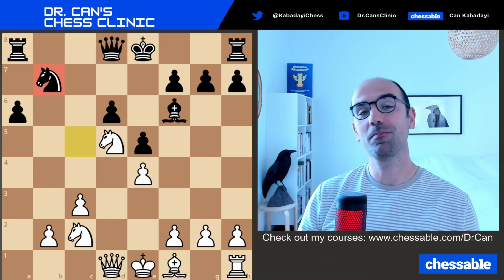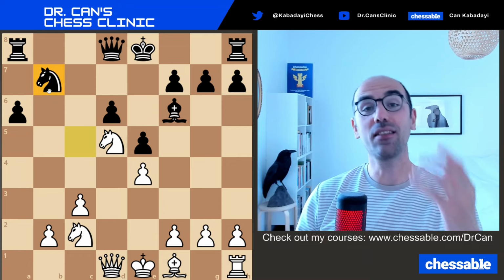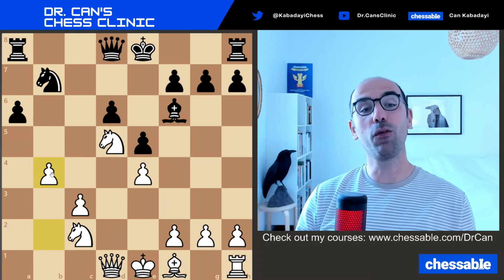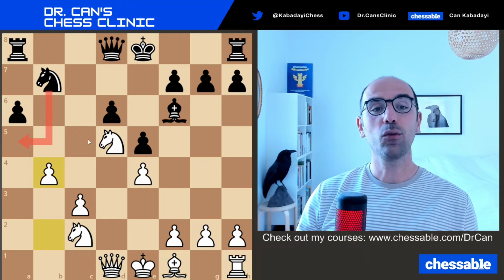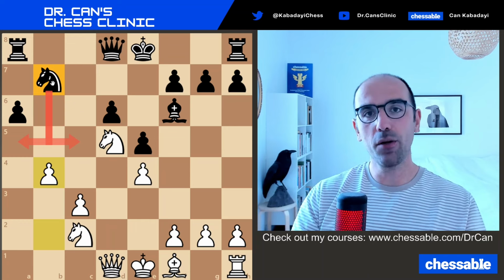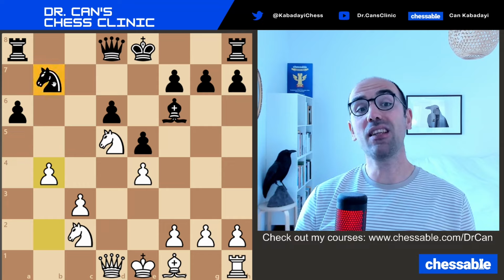Rook takes b7. How do you bury and shut down that knight from the game? That's my prompt to you. Yes, he goes b4, folks, and we say goodbye to that fianchetto knight on b7. I made a course about this, the art of burying pieces, and this knight will be shut down from the